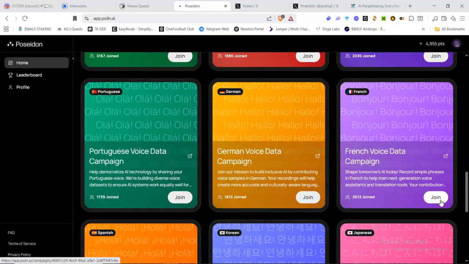Ensure your device is working with the microphone. Then you first read the first sentence they give you, so that the AI can activate your voice. Make sure that after registration you don't give another person your device to do it for you, because the AI has already captured and recognized your voice. It is that voice you continue using, so that there will not be disparity in your voice,